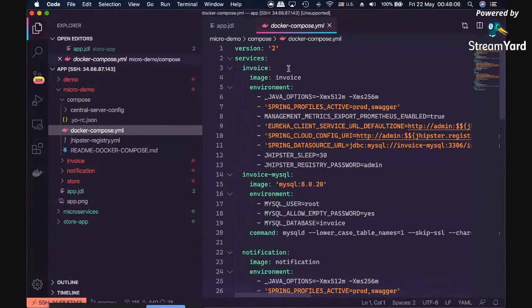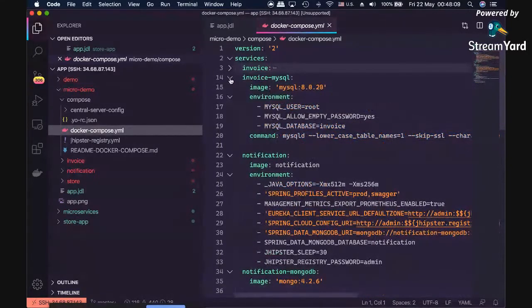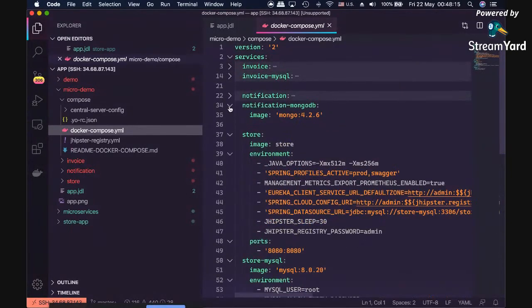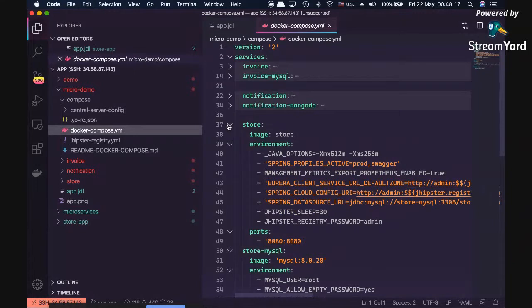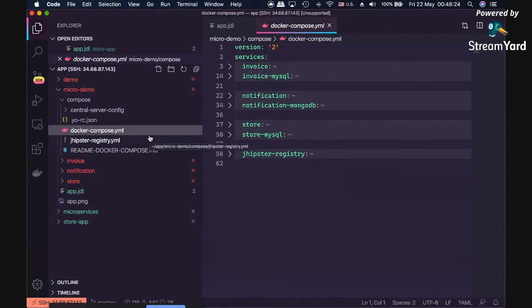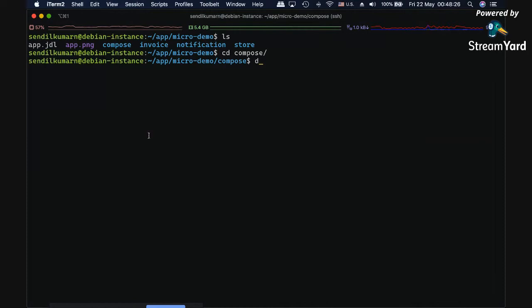As you can see, I have an invoice service which takes an invoice image, and it's attached to a MySQL database. Similarly, there's a notification service with a notification MongoDB, and then a store MySQL, and it also extends the registry. So it accumulates all those things together. So all I have to do now is